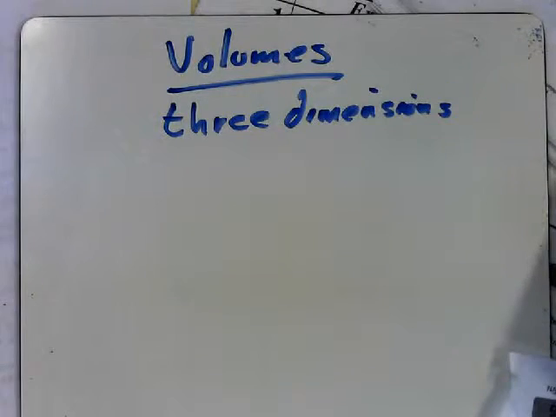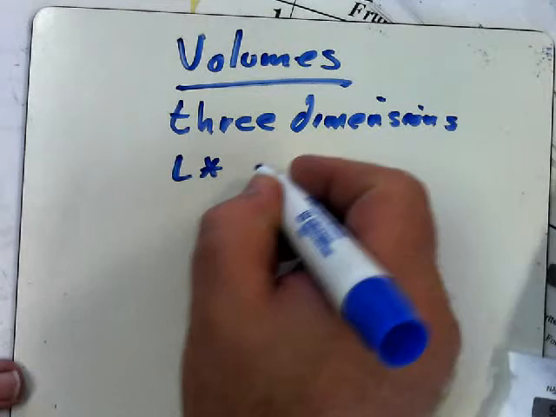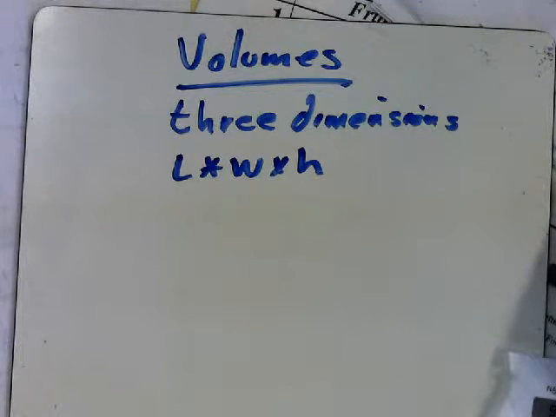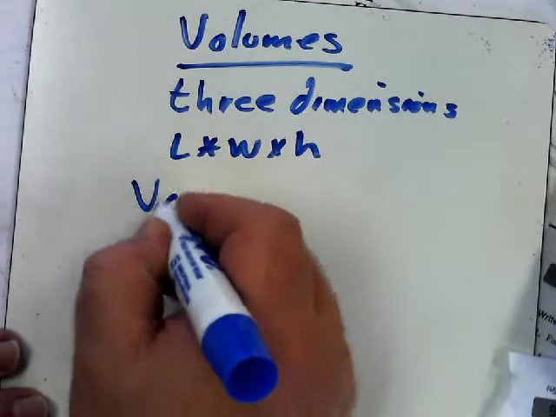Let's deal with three dimensions. Basically, you need a length, you need a width, and you need a height. Now, not all these dimensions are measured as length, width, and height, but basically that's what we deal with. Okay? If you are talking about finding the volume of a prism,